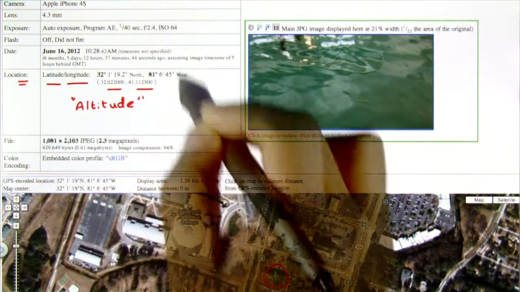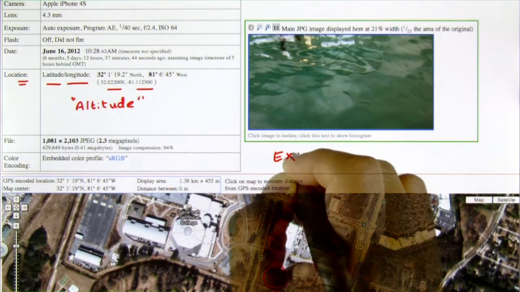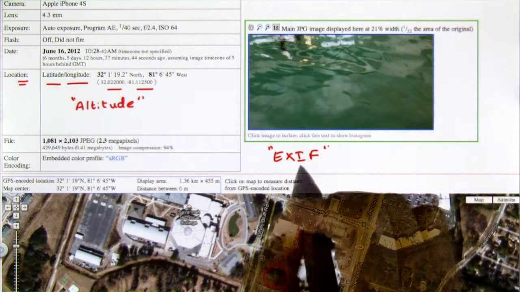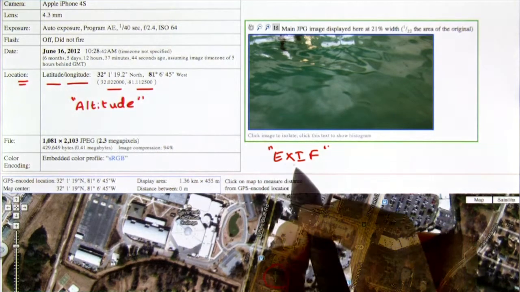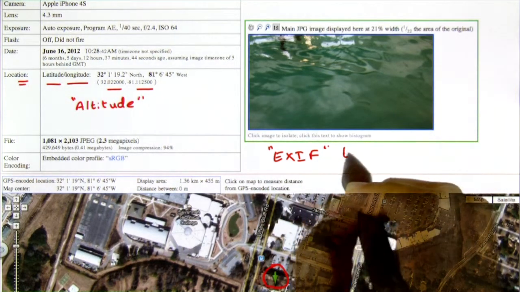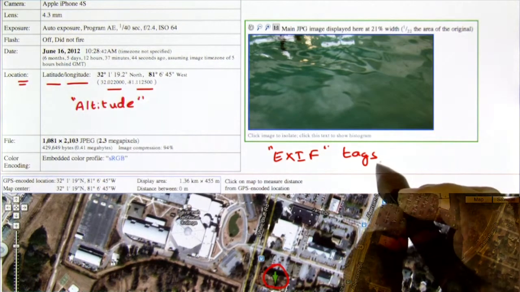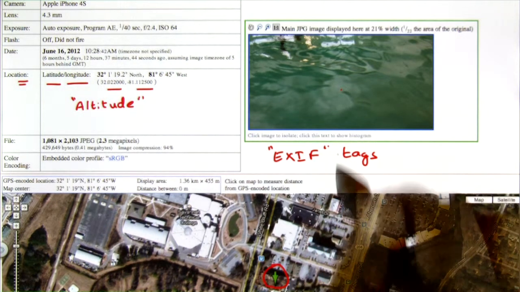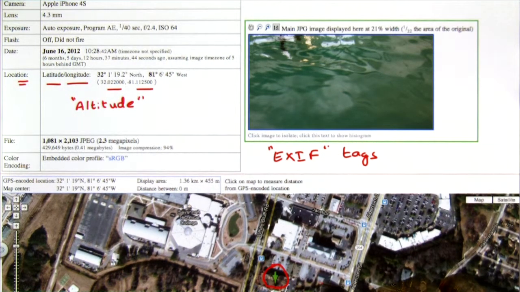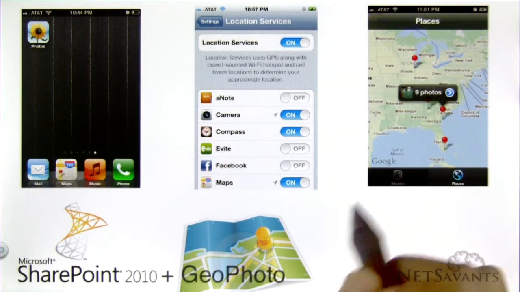Now all of this information is stored in a format called EXIF. This is the exchangeable image file format. And the exchangeable image file format tags such as location, date, camera, lens can be processed by mapping applications to pinpoint where the photograph was taken. So now that you know what a geophoto is, let's look at a few ways in which you can create